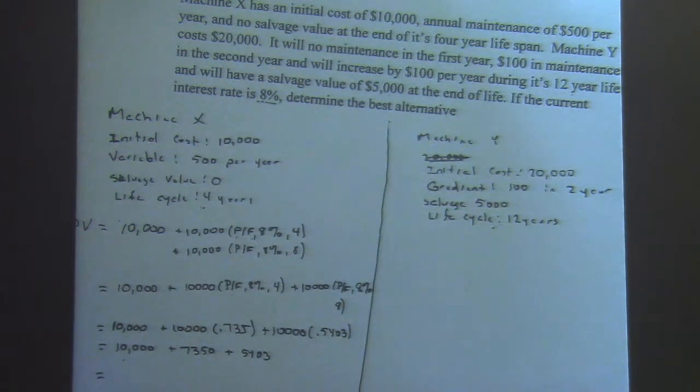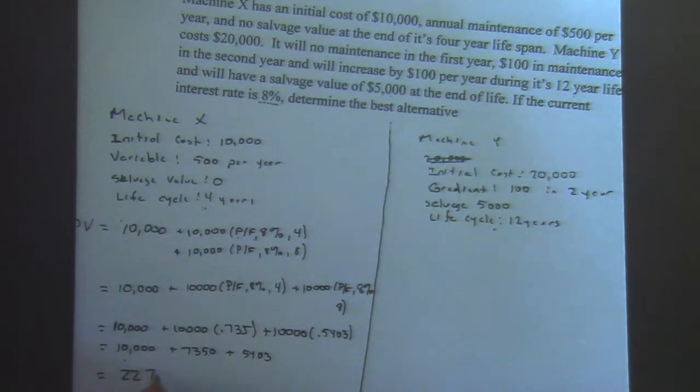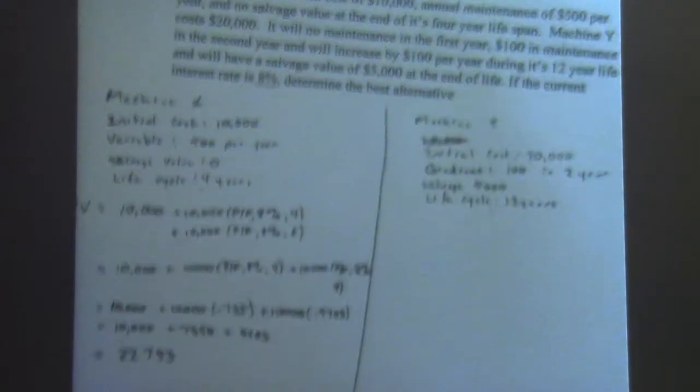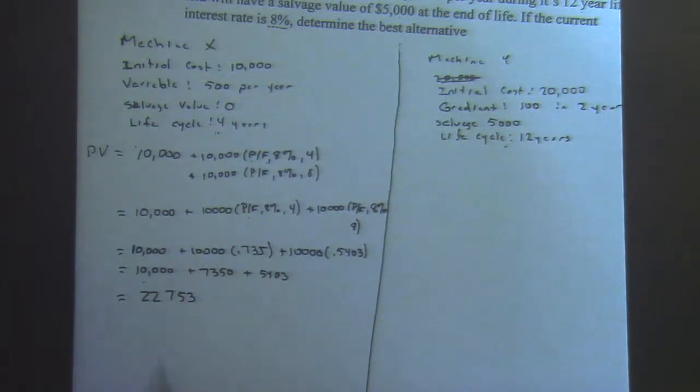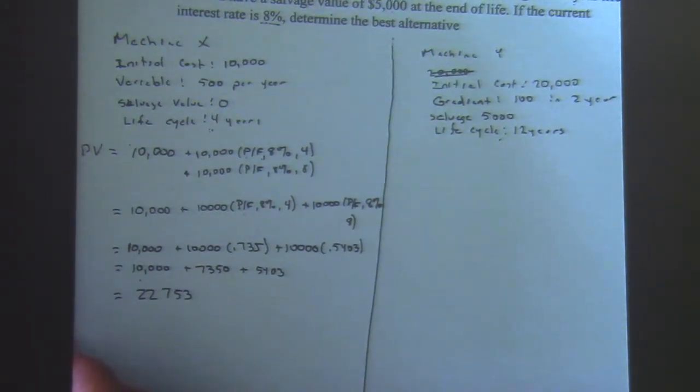of $10,000 plus $7,350 plus $5,403 gives us a grand total of $22,753. Now this only represents the cost to purchase the equipment. It doesn't factor in the maintenance associated with this. So in order to figure out the variable cost,